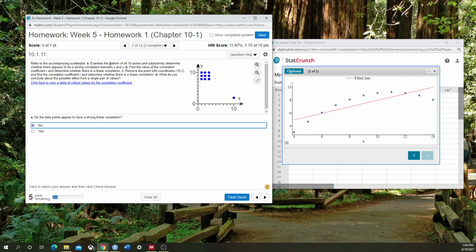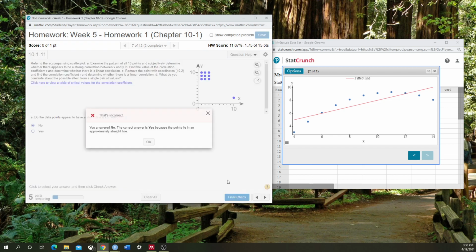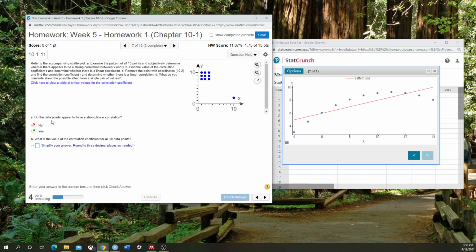Do the points have a strong linear correlation? Examine the pattern of all 10 points and subjectively determine. So I don't know what it's asking us here. I'm going to say no, because that's my answer. Your answer, the correct answer is yes, because the points lie in an approximately straight line. Do the data points appear to have a strong linear correlation? I mean,